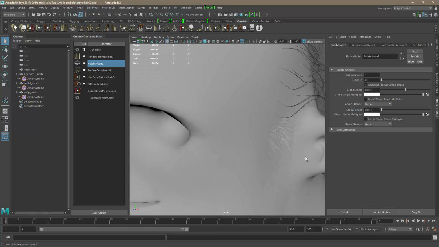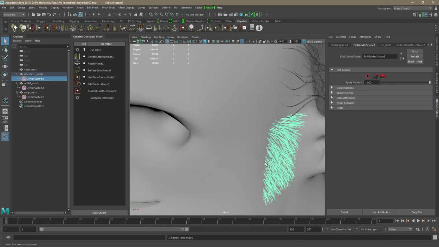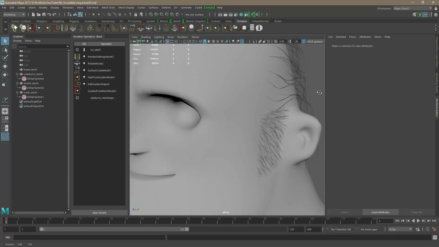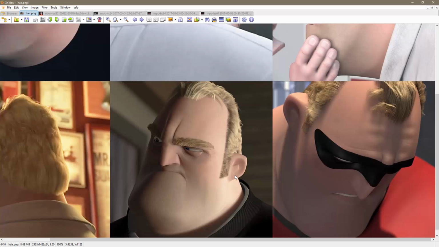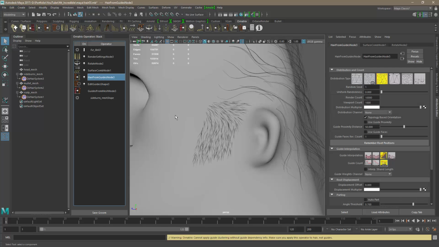Now it's a little bit difficult to see, so let's select my hair and I'm gonna assign the same blend material that I'm using on the other hair. So you can see it started to look nice, but obviously these hair are not wide enough, so let's see, let's go 2000 for now, and